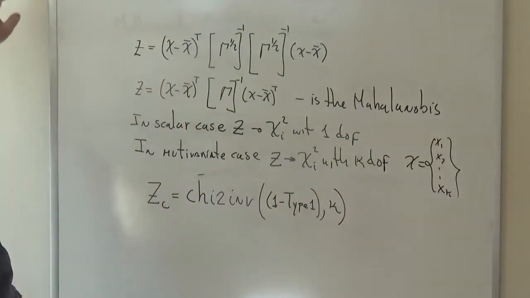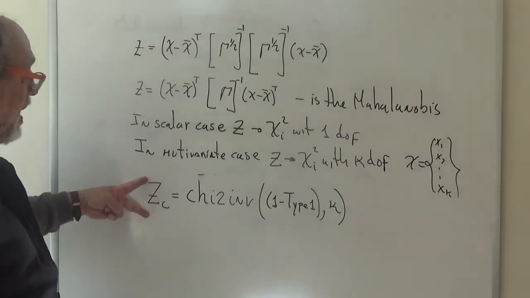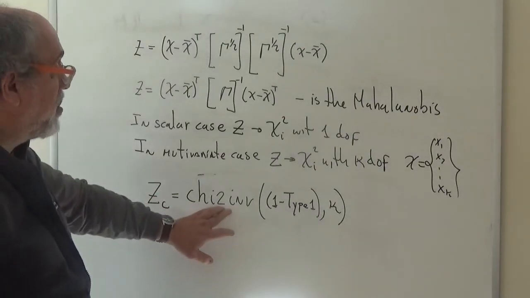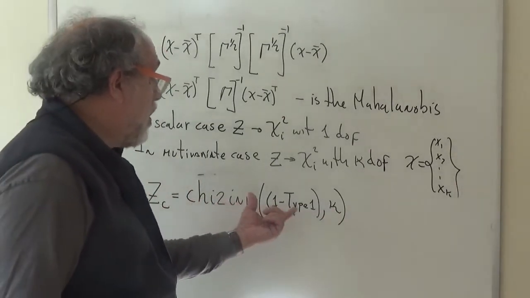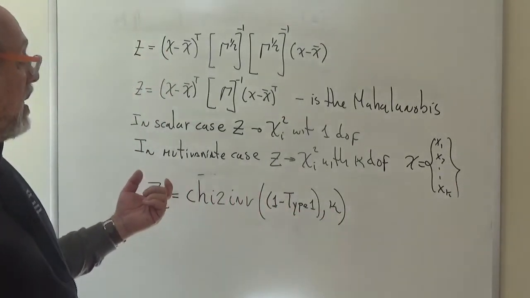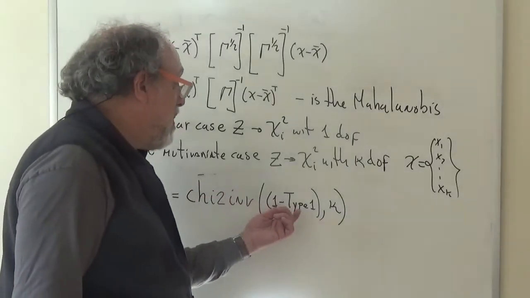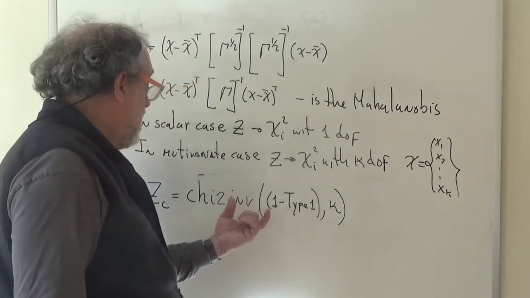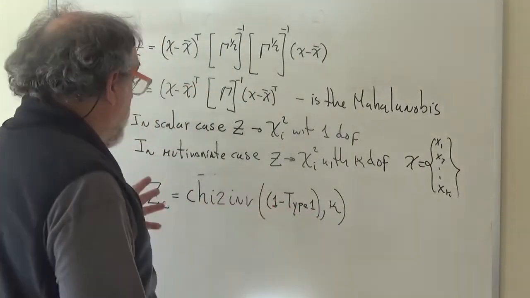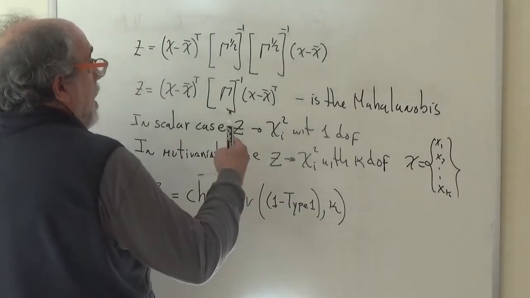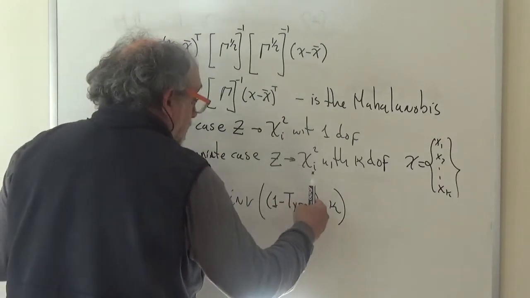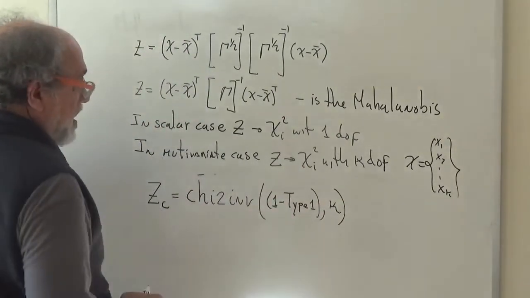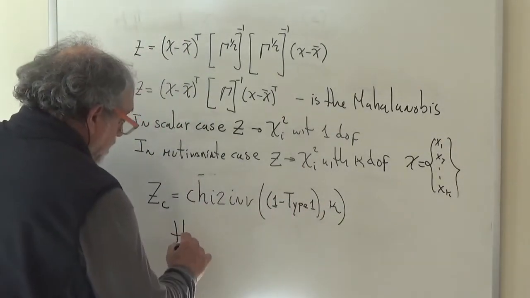And so that gives me the critical value of the chi-squared distribution with k degrees of freedom, such that z has 1 minus type 1 probability of being smaller than z critical. Therefore,